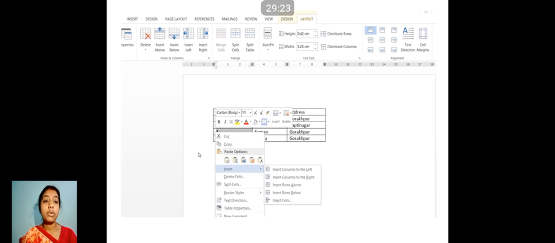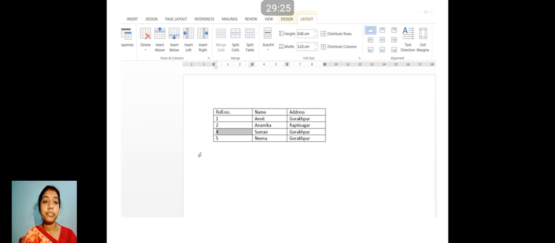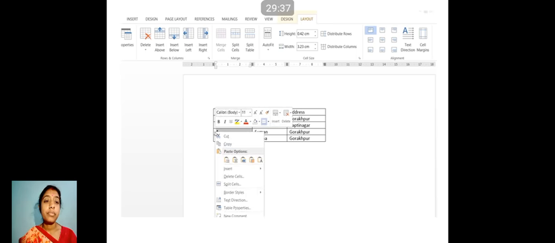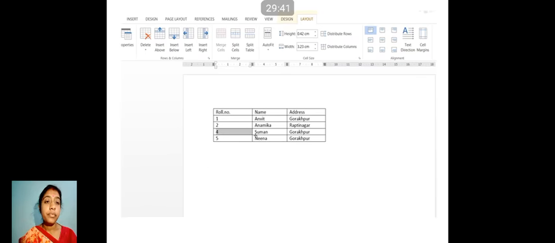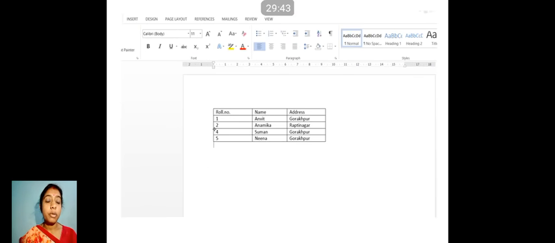Now how to do it with a shortcut? You can see the shortcut menu is appearing on the top. A drop down menu is appearing.